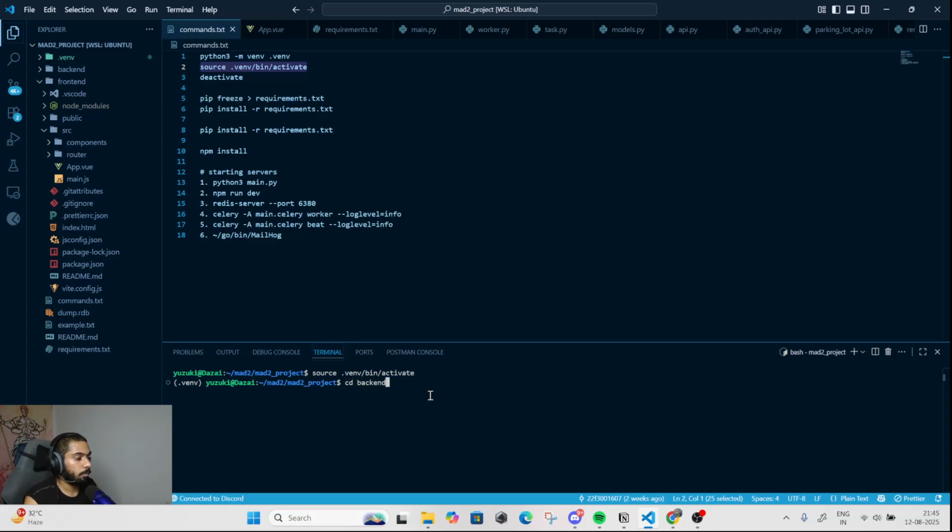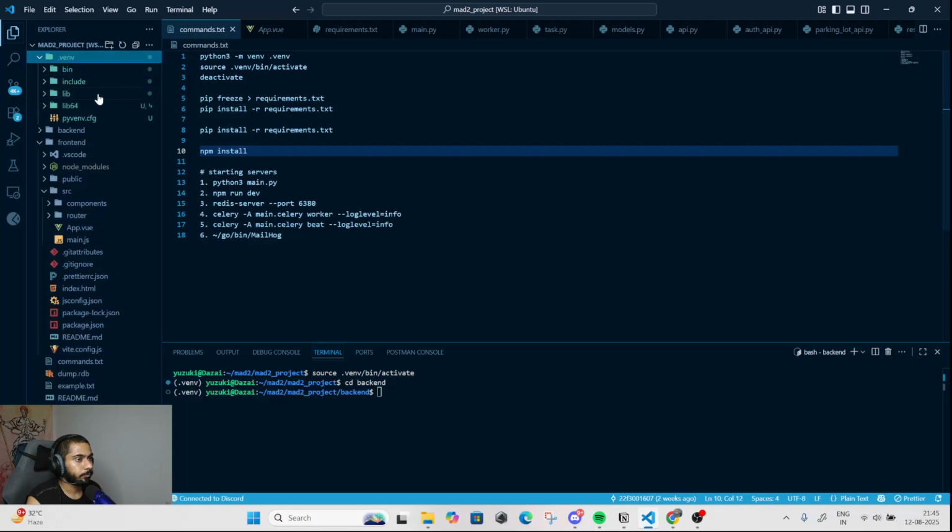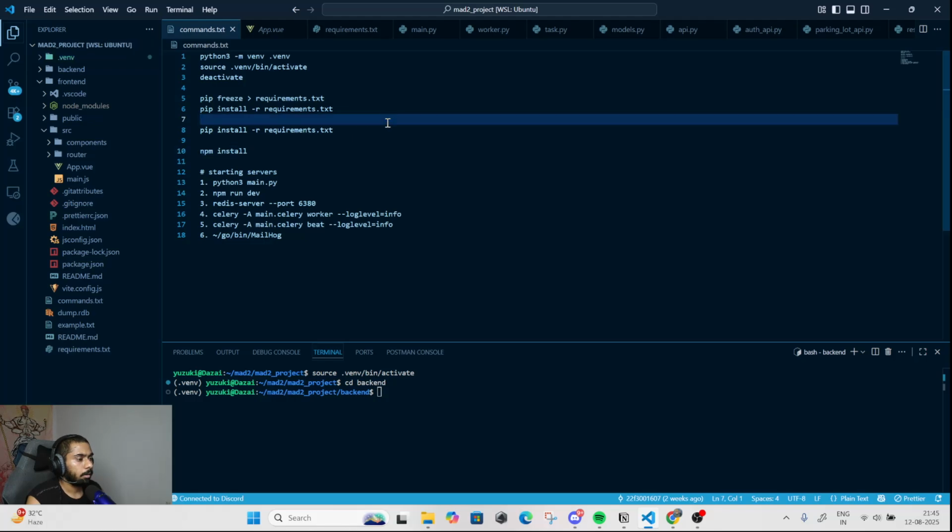Then I'll move to backend, and we don't need to do all this requirements installing and all that kind of stuff. Anyways, this is just repeated, but let us just leave it as it is. And we have npm install for installing node modules, and to install other dependencies we have this venv folder. But basically we don't need to do any of that. We just need to do python3